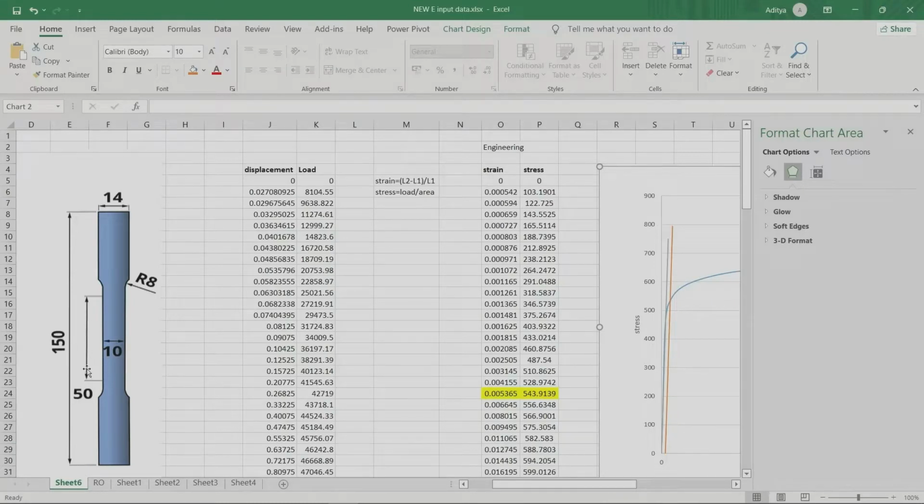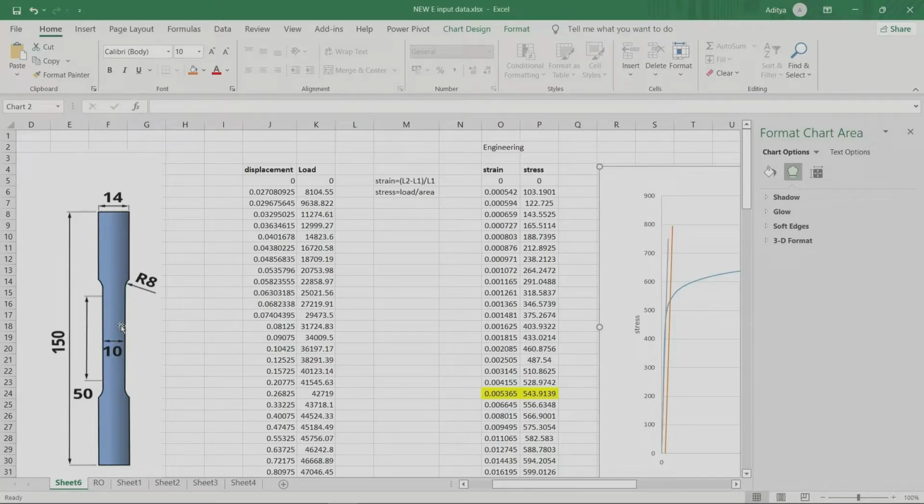Gauge length here is 50 and displacement is L2 minus L1, that is final length minus initial length. So the displacement upon the initial length will give us the value of strain, that is displacement upon the gauge length, and the stress will be load upon the cross sectional area.